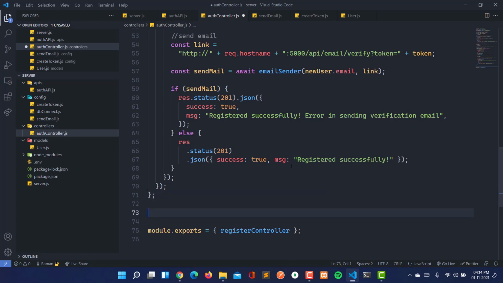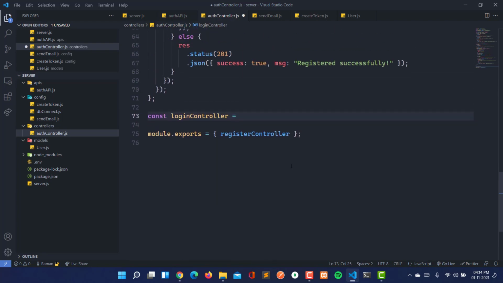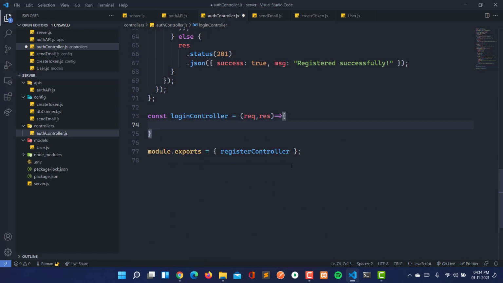So first of all we are going to create the controller, and that will be the login controller. It needs request and response. Same thing here, I'm going to simply console log the request dot body. Now we have to pass it to this object, so that we can use this login controller in another file. So I'm going to copy this, save this file, and move forward.